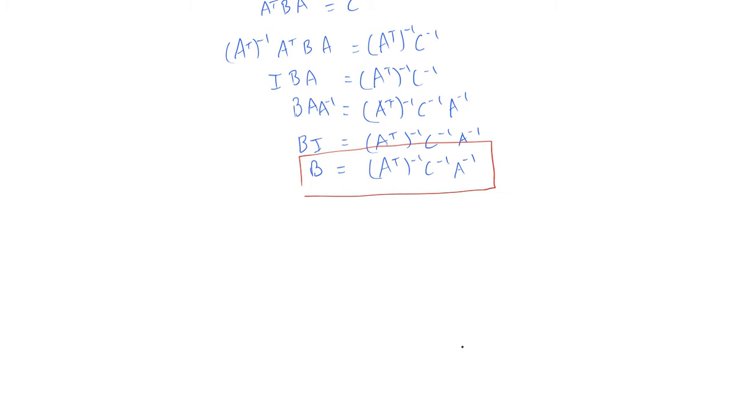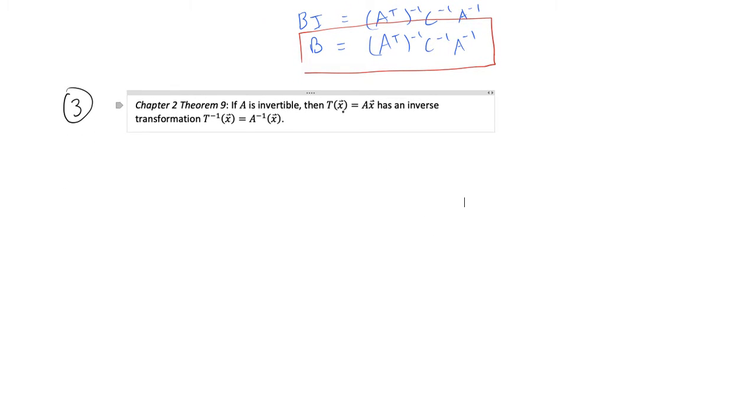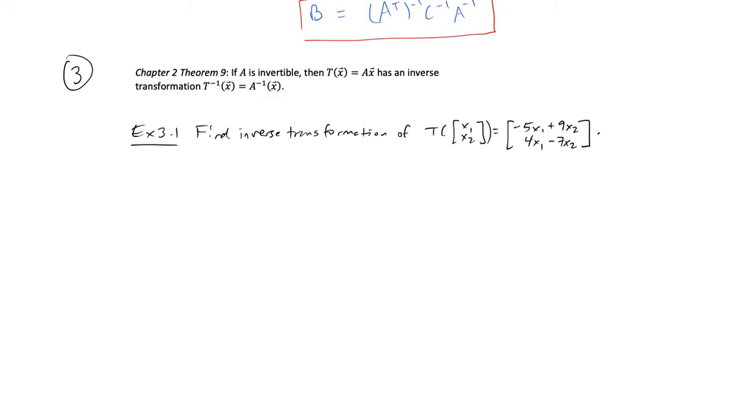Let's relate the inverse to the idea of transformation. We'll start with a theorem. So if A is invertible, it has an inverse, then the transformation AX has an inverse transformation, A inverse times X. Let's do an example. So let's find the inverse transformation of this